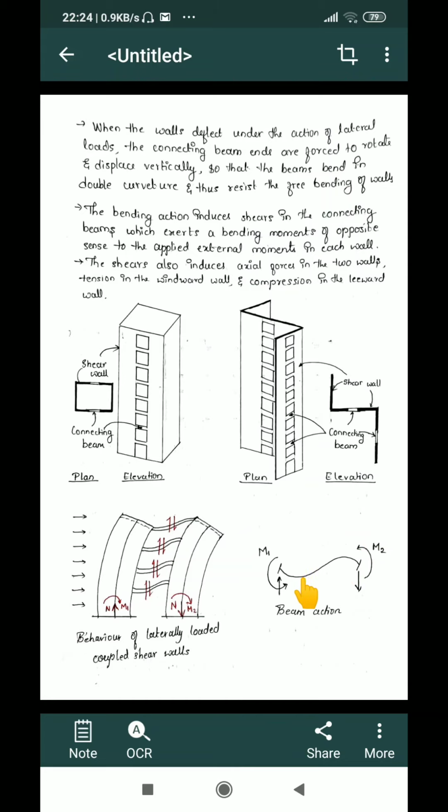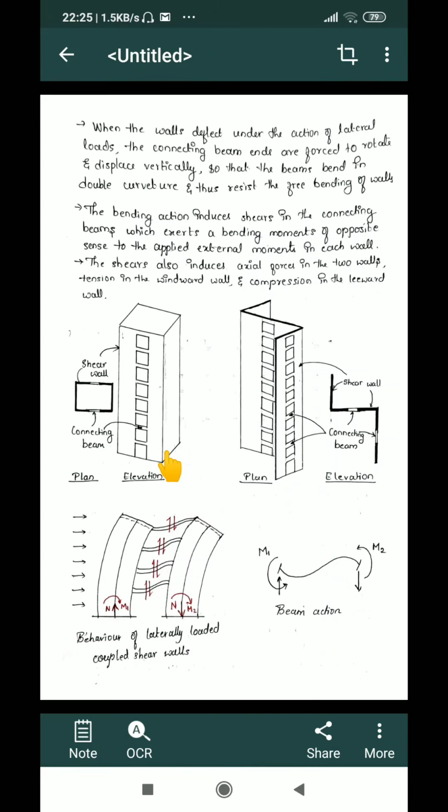Not only will these connecting beams experience stresses, but also bending moments in this manner. So this is one of the beams representing a bending, the stresses which occur in a beam as well as the bending moment relations. Apart from this, these stresses are transferred to the shear walls, and those shear walls will be carrying normal shear stresses as well as bending moments. So these are the types of shear walls which are available in the construction procedure.